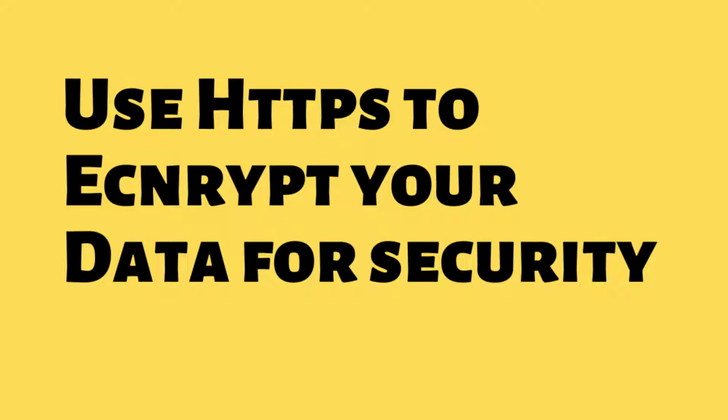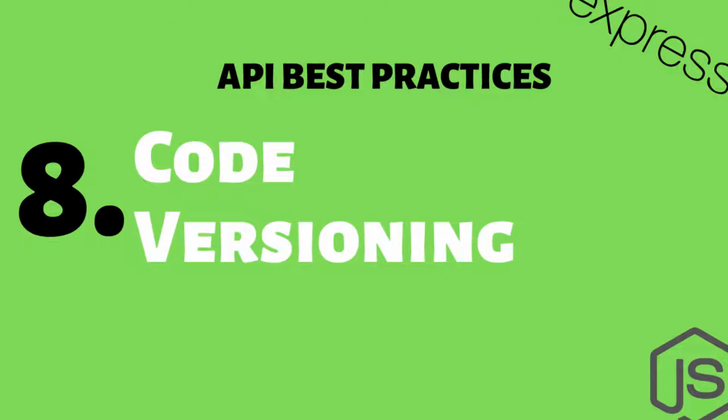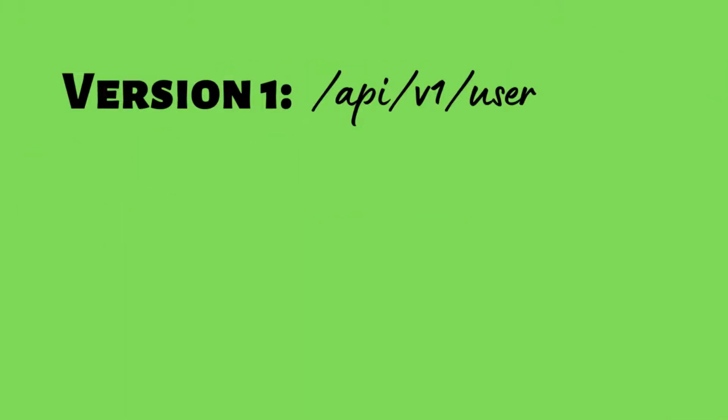So the eighth point in this list will be versioning. You have to make versions of your APIs. What is the use of this version? Let's say you started working on an application and you are creating each and every API. After some time, the whole code base changes, and you have to use a whole new set of APIs. You are not going to create a new project and create this whole new set of APIs inside it.